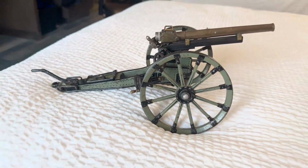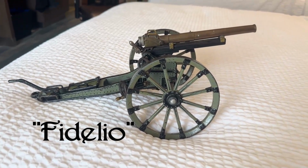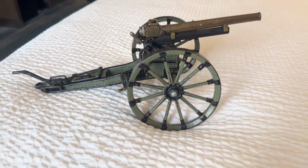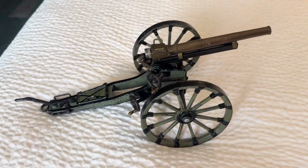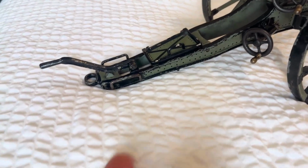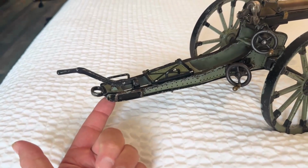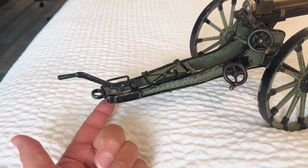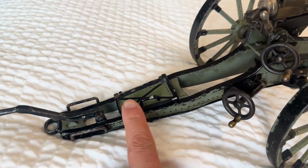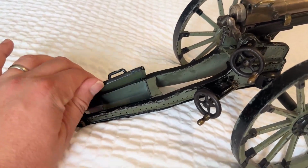Cannons like this were known in the Marklin cataloging as a Fidelio series. It was an interesting marketing. They didn't call them guns or cannons or war toys, but war toys were marketed under the Fidelio brand. This is probably just before World War II, and in many cases it would be drawn by a horse. Most likely this is like a miniature caisson to hold shells